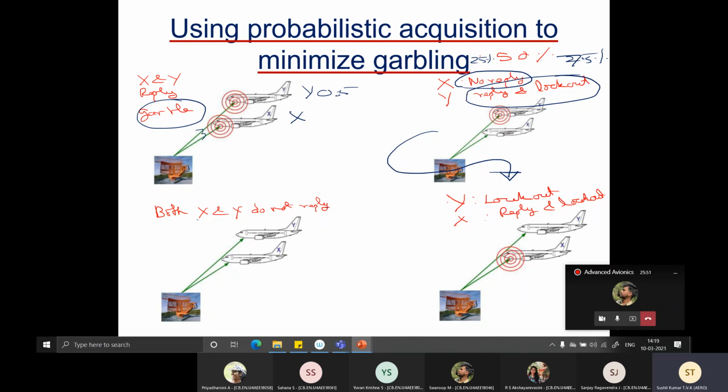So though it looks slightly vague, because we are doing it so many times, all four cases are possible, and then finally you land up with acquiring both X and Y, though they are both in the vicinity of each other. That's how they minimize garbling. It's not that they eliminate garbling totally, but sufficient enough for coverage. So these are a few more pieces of information I got on MODES, in addition to what Sanjay was trying to say.